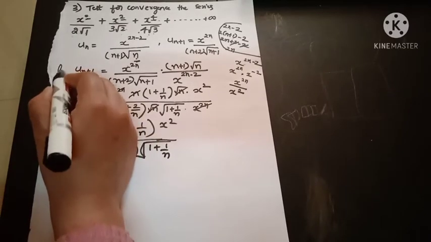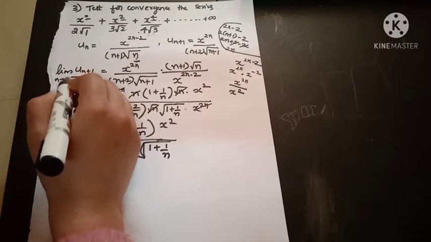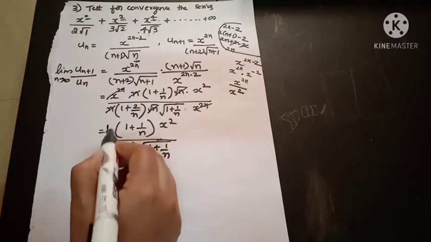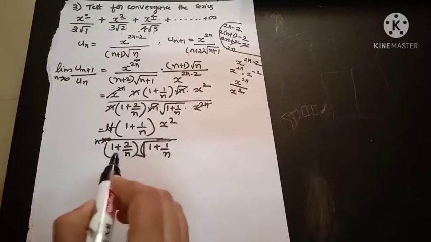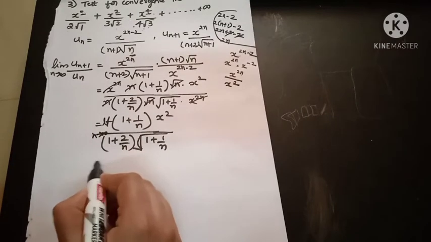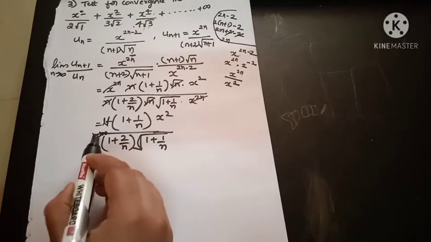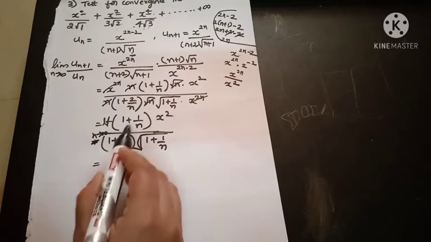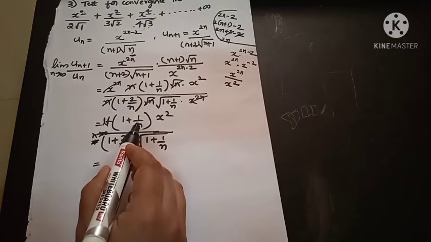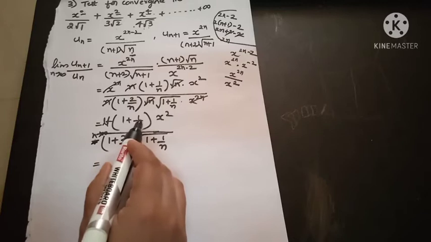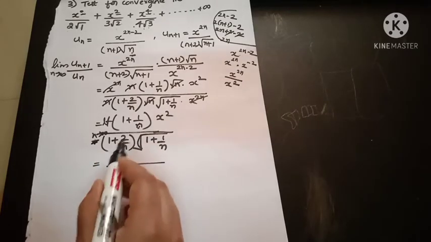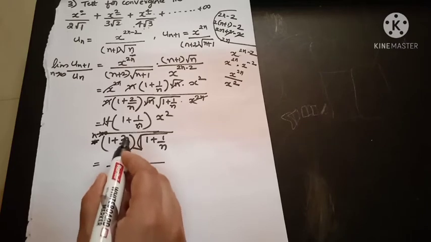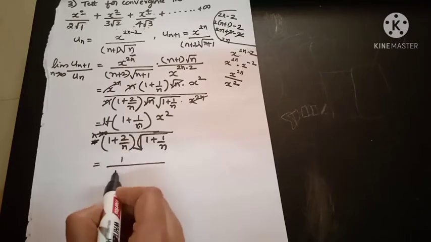Next step is to apply the limit n tends to infinity to the ratio, that is limit n tends to infinity of 1 plus 1 by n. Let us see what we get when we apply the limit. When n tends to infinity, this goes to 0. 1 by infinity is 0. 1 plus 0 is 1. Divided by, this is 2 by infinity is 0. 1 plus 0 is 1.